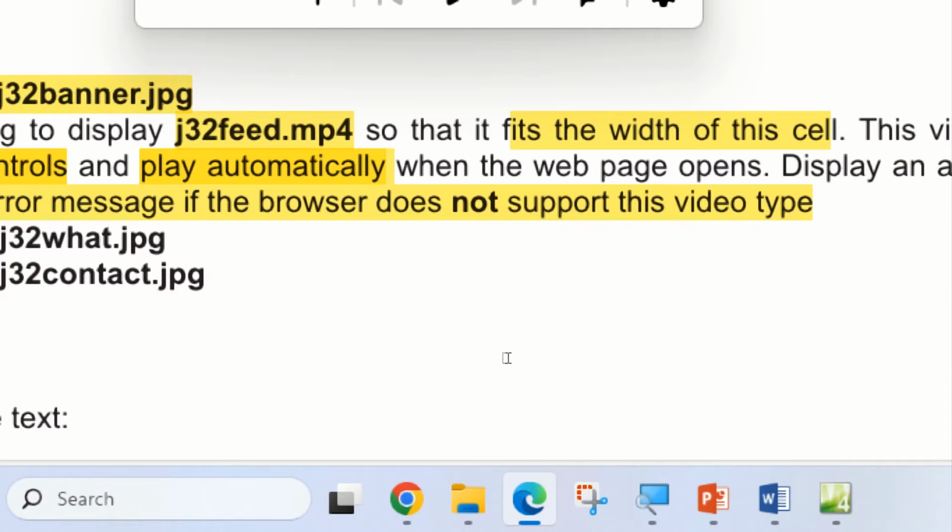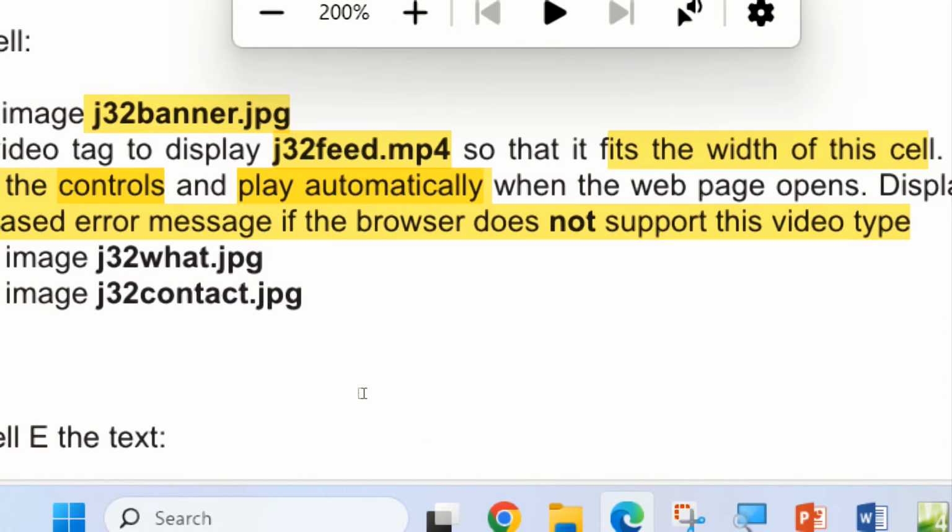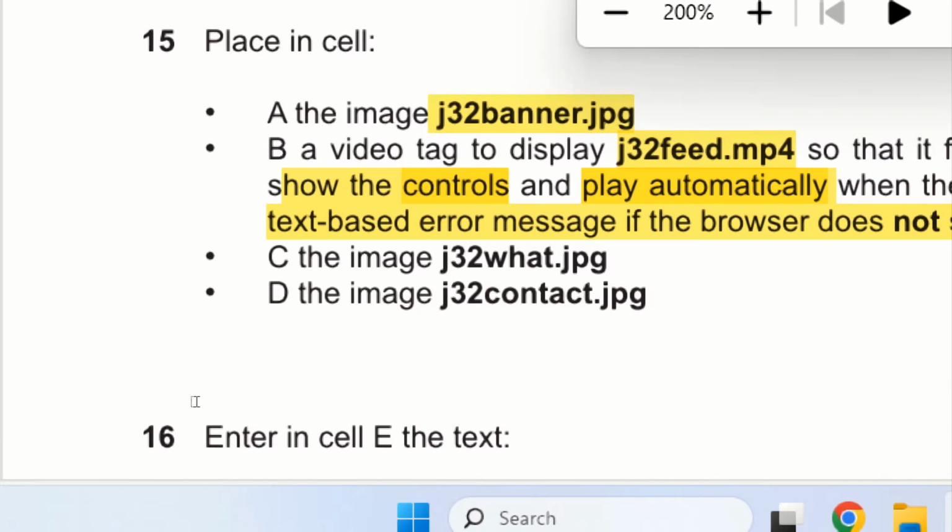So for this video tag, that is the frame of the video, for it to fit into the cell of the table, we have to use style to specify the width. Okay, and that is very easy. I'm going to show you that very quickly. So the next thing is